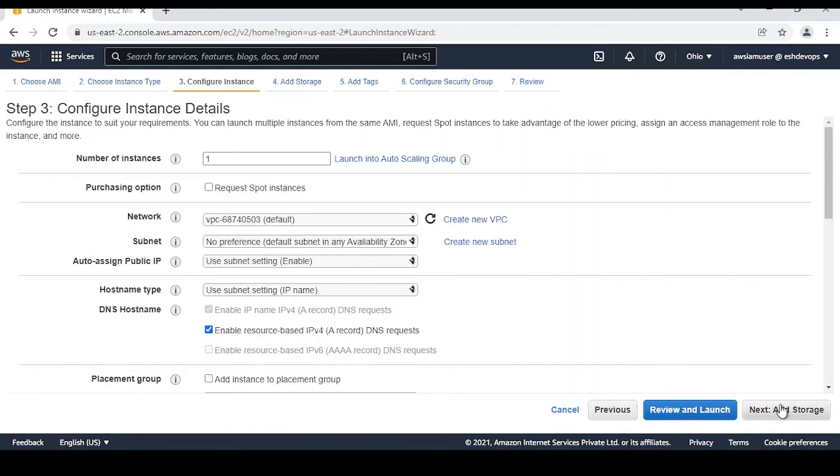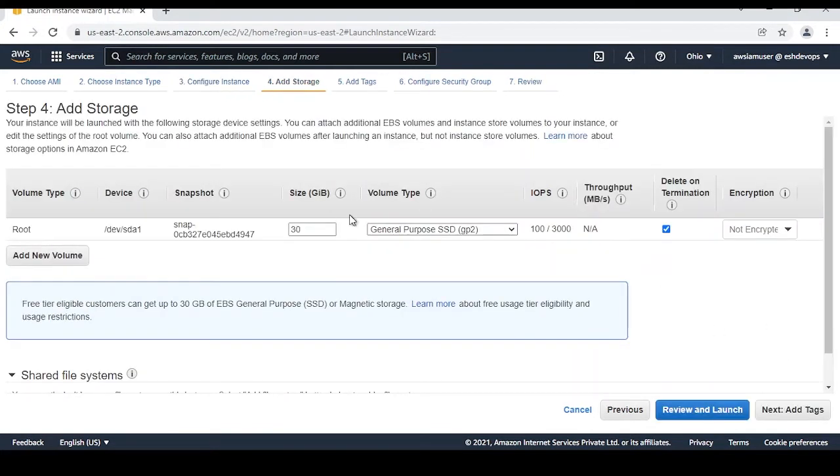Now click to add storage. Here storage is basically the hard drive attached to your machine. AWS gives up to 30 GB of EBS general purpose SSD, so that you can install any software on that machine and perform any POC projects and any other further project related tasks.